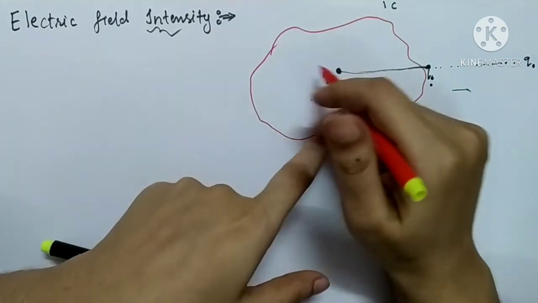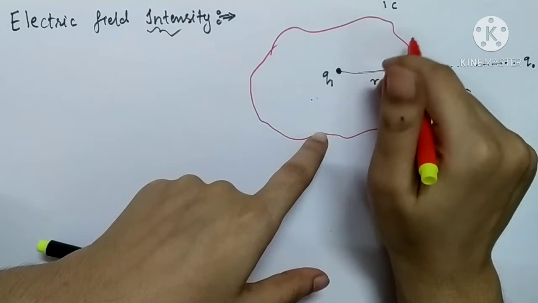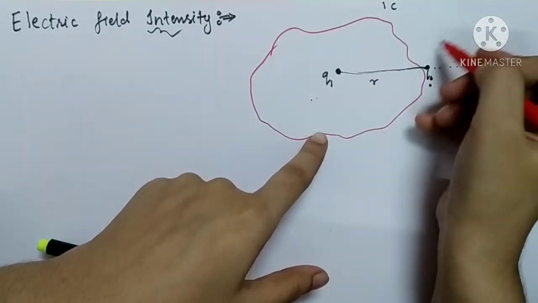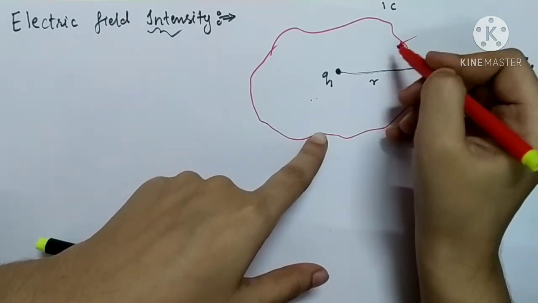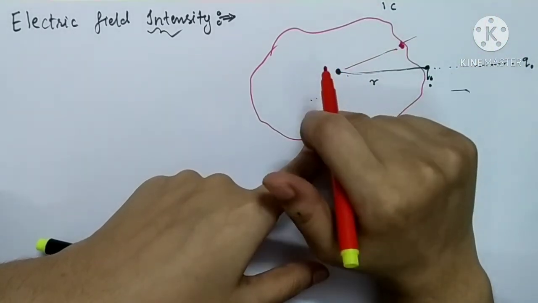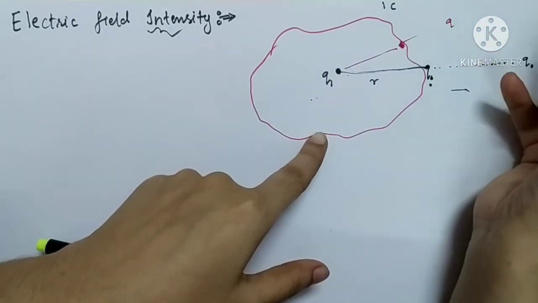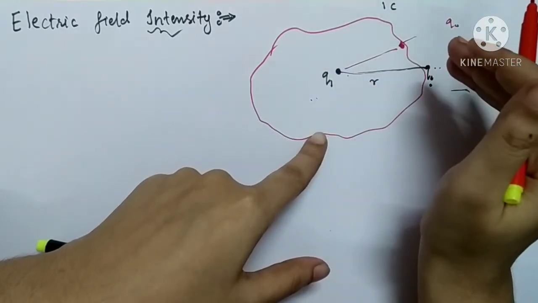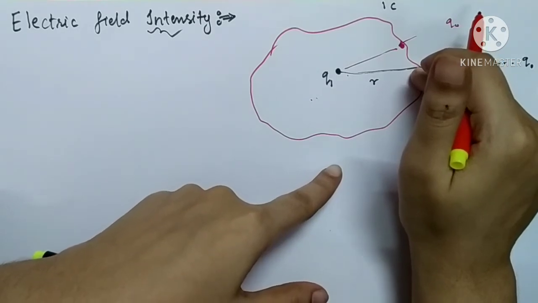It is an area surrounding the charge where the effect of repulsion or attraction is being observed. If any charge of any magnitude comes inside the field of this charge, then only it is going to be attracted or repelled by the corresponding charge. If it is outside the field of the other charge, then there will be no force of attraction or repulsion, because it is outside its area of effectiveness.